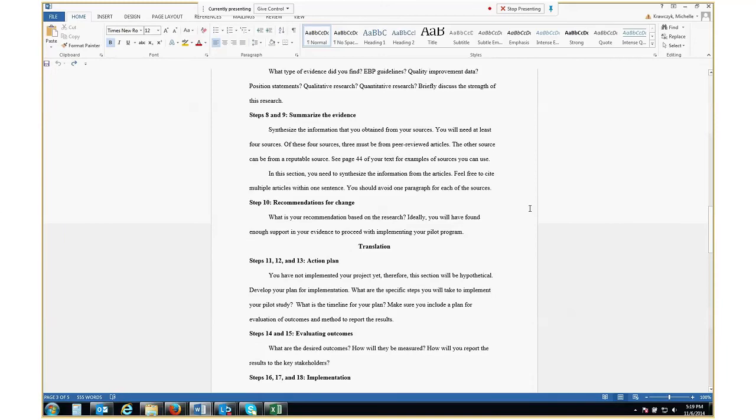Now this is a really big chunk of information, so please don't give me a paragraph on this particular section. Here I want you to use the 4 sources. You can use additional ones, and I want you to tell me what you found. What I don't want you to do is give me 4 paragraphs saying this research from this source stated this, and then the next paragraph you talk about the next source.